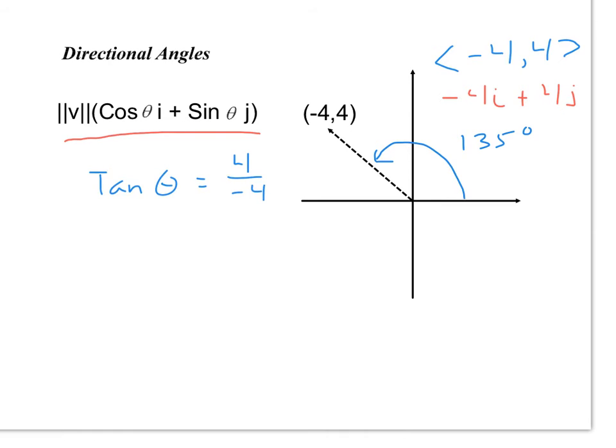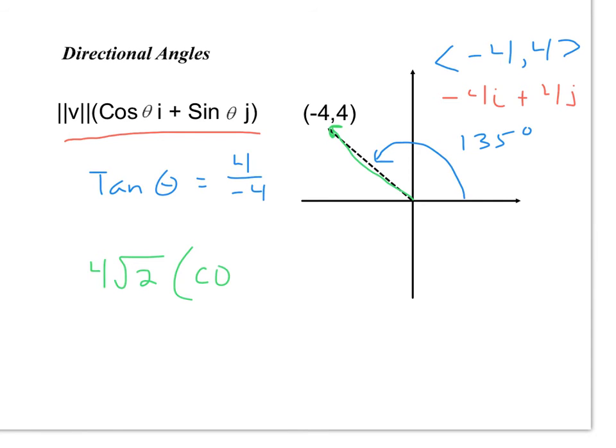What is the magnitude of this green line right here? What is the length of that line? I'm hoping, again, without using the Pythagorean theorem, you can figure out that it's 4 root 2, because it's a 45-45-90 right triangle. So we have 4 root 2, that's the magnitude of my vector, times the directional angle is 135, so this is going to be